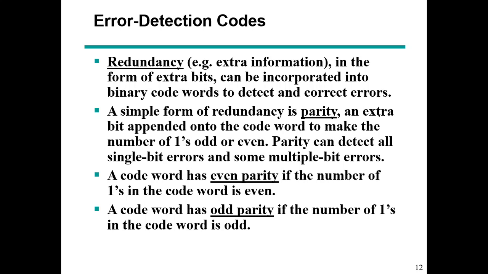A 1 can turn into a 0 or a 0 can turn into a 1. There can be single bit errors, there can be multi-bit errors. So how do codes handle such situations? They basically use redundancy. Redundancy means that they add extra bits